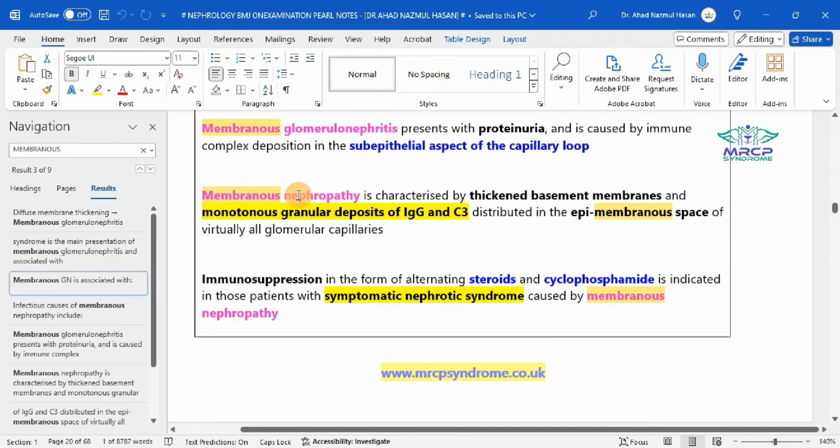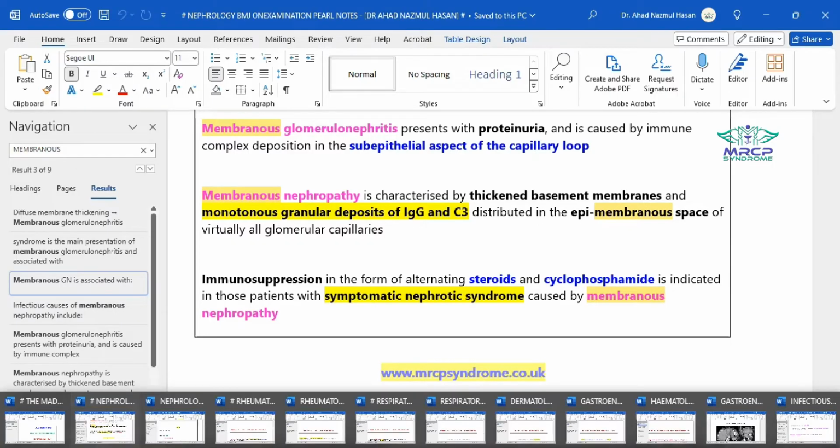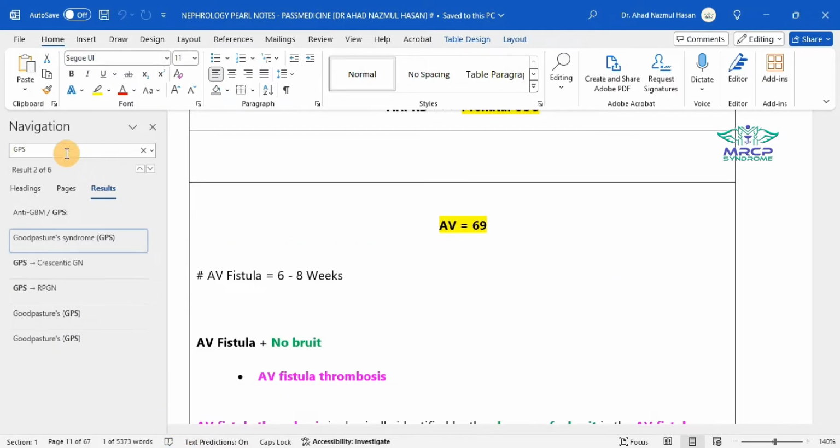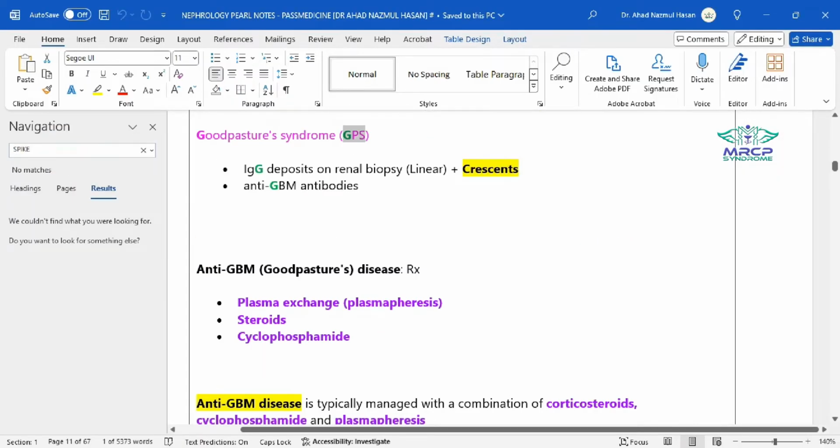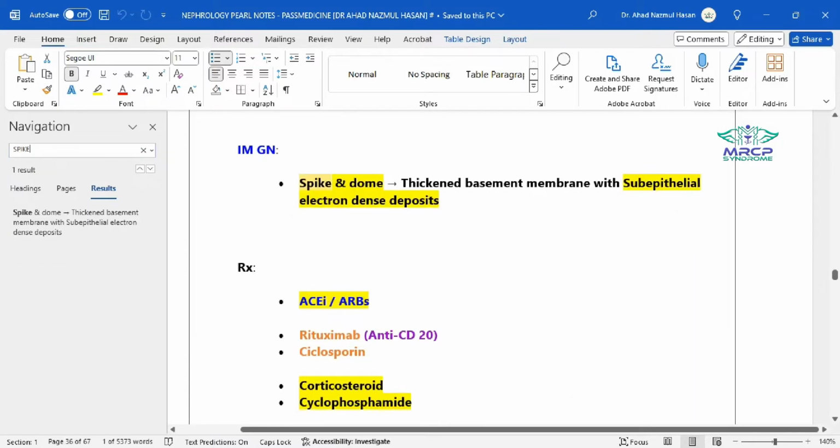So in case of idiopathic membranous GN, which type of appearance should be found on electron microscopy? Spike and dome. Yes, spike and dome appearance. And which one will have the tram track appearance? Membranoproliferative, especially type 1, it will have the tram track appearance involving subendothelial electron dense deposits. And in idiopathic membranous GN, there would be subepithelial electron dense deposits leading to the spike and dome